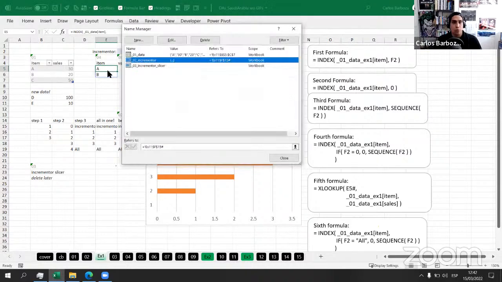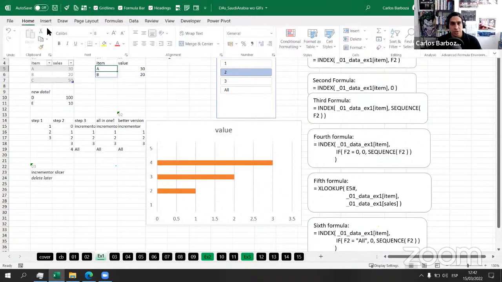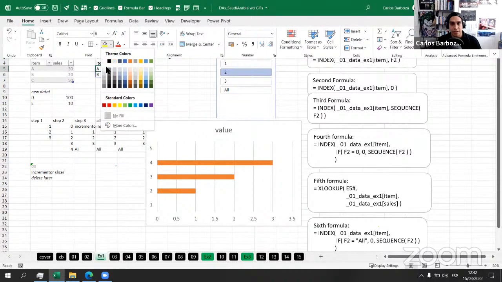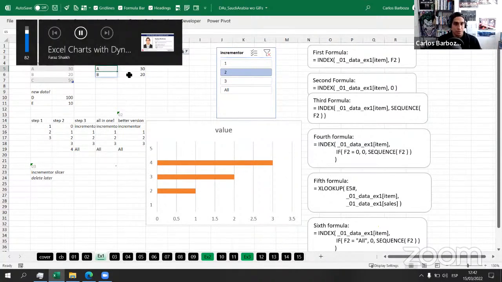So now I go to the cell where it kind of lives, right here. And this is another tip before going forward, that I usually color the cell. And check this out, I don't know if some people notice that. If you color the cell and it has a dynamic array function in it, and you have formatted vertically, look, when I go right to the cell and I click F2,